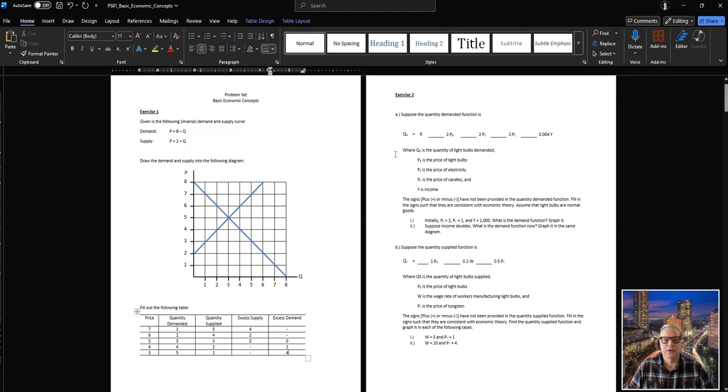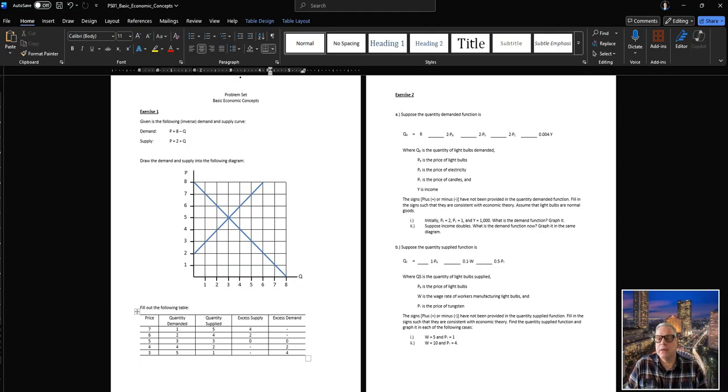Okay, so now let's move to the second exercise, which is actually one of my favorite ones because it reviews the determinants of demand and supply very well. Here we have a demand function for light bulbs, and it is given by 6, and now we have to add either a plus or a minus. Then we have 2 times the price of a light bulb, and then again plus or minus 2 times the price of electricity,